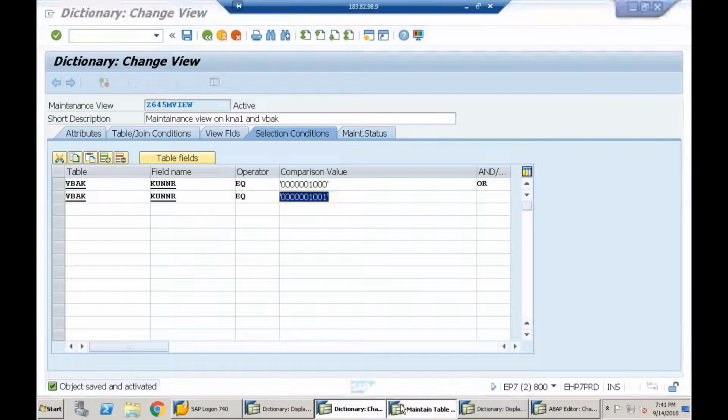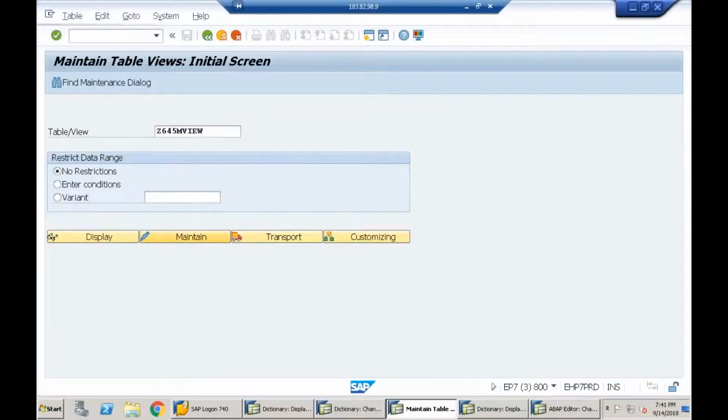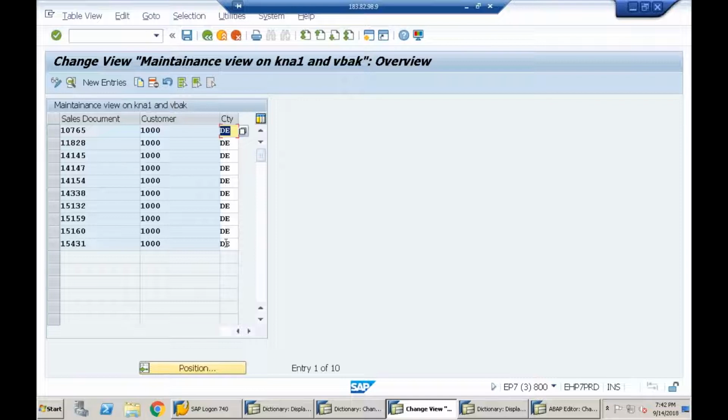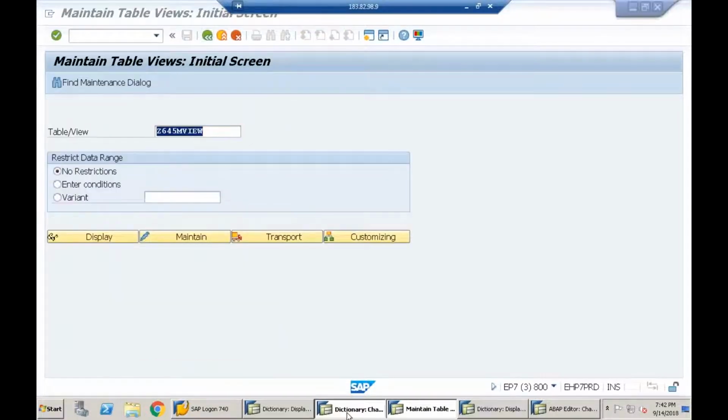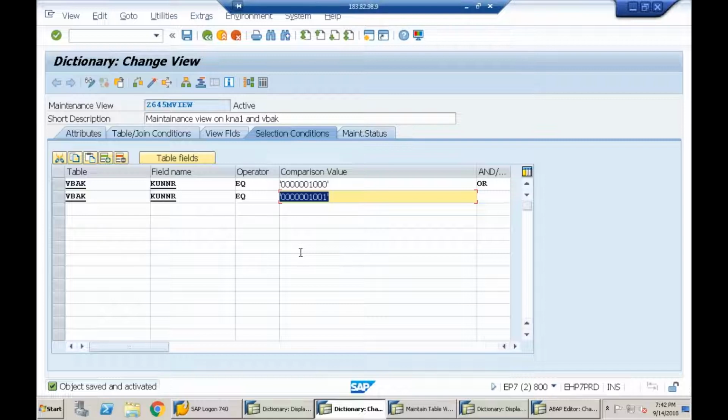Now let me go back to table maintenance, maintain. Thousand is there, but 1001 is not there. Might be there are no sales orders for the particular 1001. But why I'm not getting here is